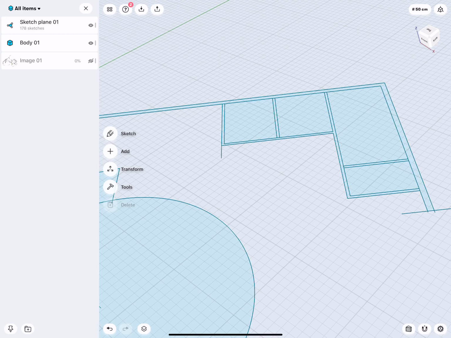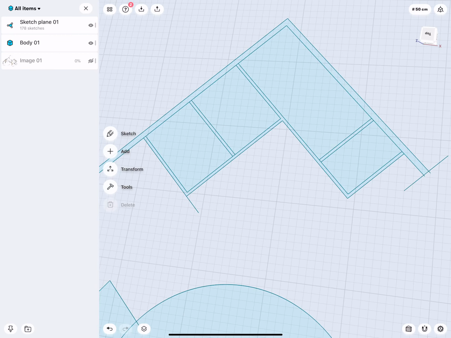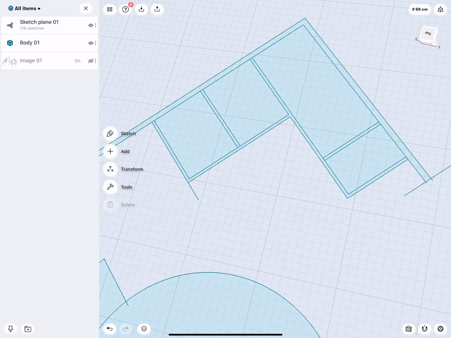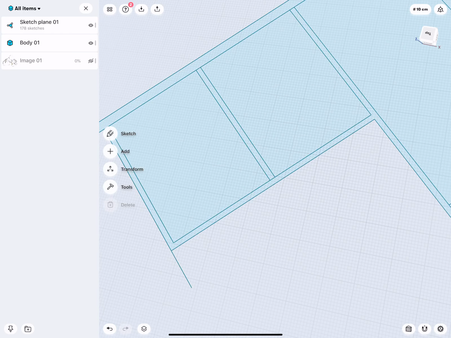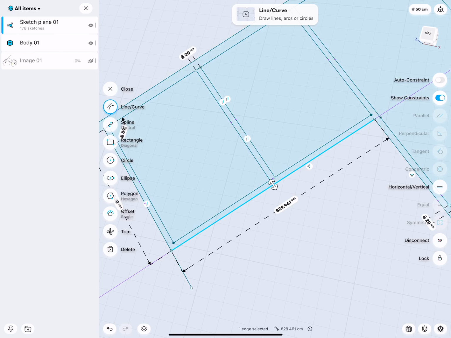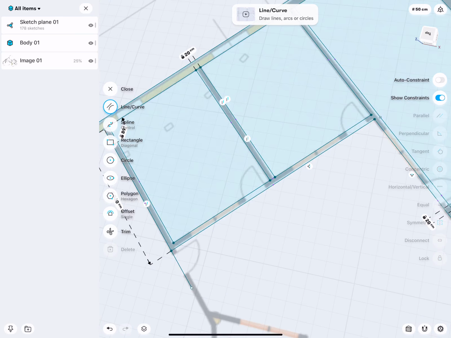Now, how do we do doors on something that is angled? It's actually exactly the same process. It's not much more complicated. I will select this line here because I would like to lock it. These two lines I would lock too. The rest is also locked. Very good. So now I can go ahead,